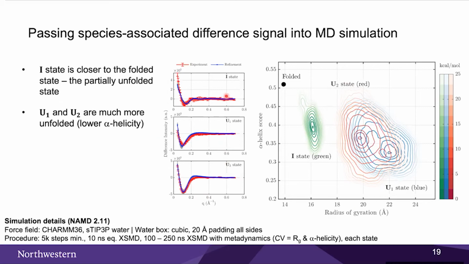In this case, we're trying to find structures that are balanced. Sorry, let me go through this again. We also pretty much did what we did in the past slide, where we input the signal into the simulation and then let it run until it finds some structures that fit both the MD force field and the experimental signal. As you can see, this refinement is not perfect.